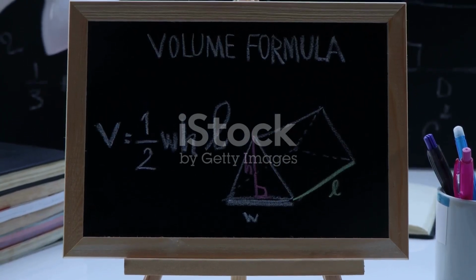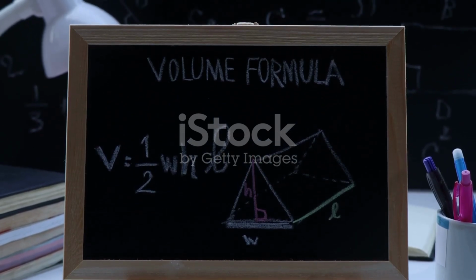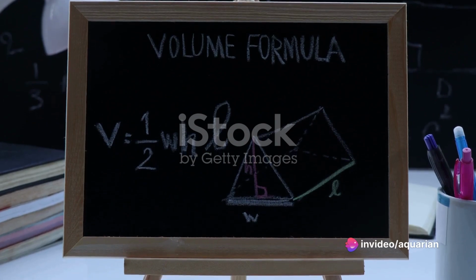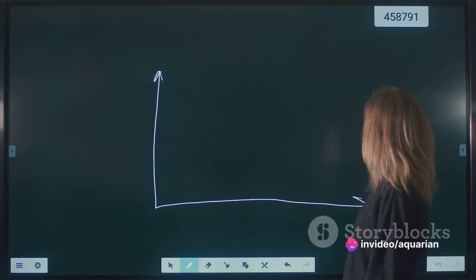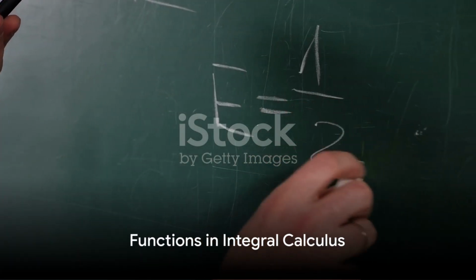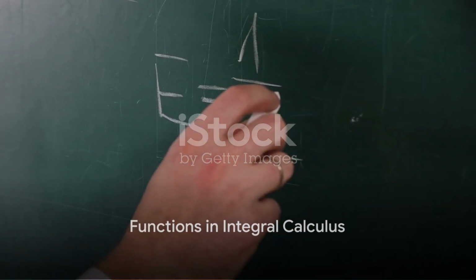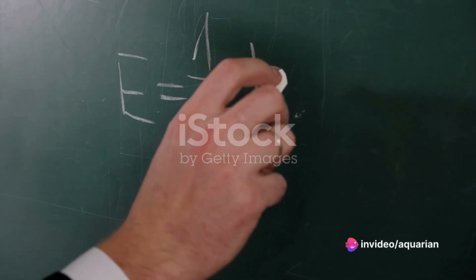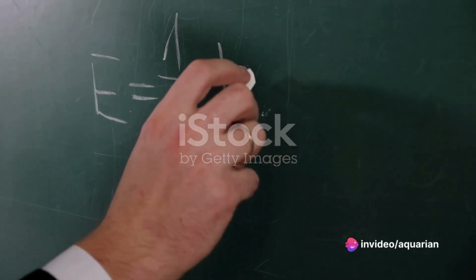In differential calculus, we deal with the rate of change of quantities, which is essentially understanding how one quantity changes with respect to another. Here, functions help us determine the slope of a curve at any given point. In integral calculus, on the other hand, we deal with the accumulation of quantities. Functions help us determine the area under a curve, which can represent the total accumulation of a quantity over a